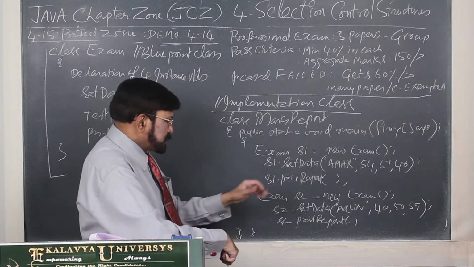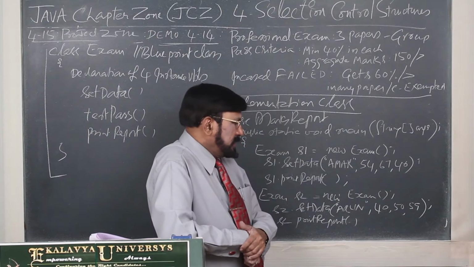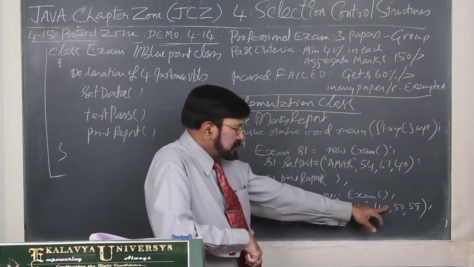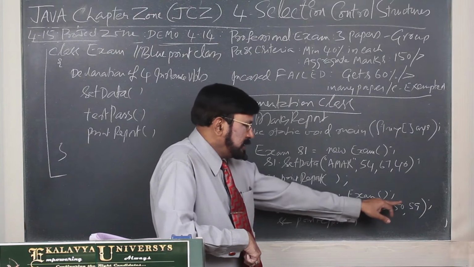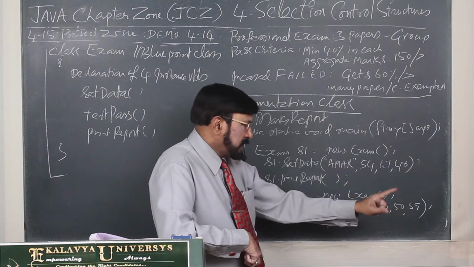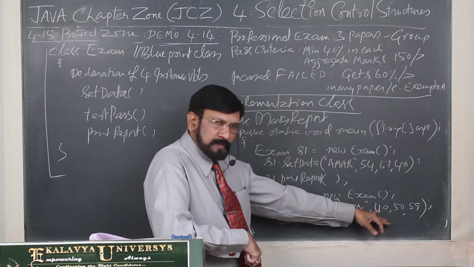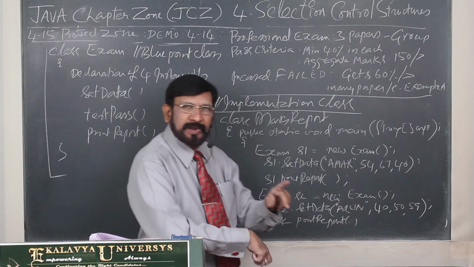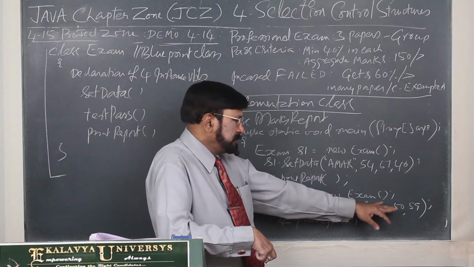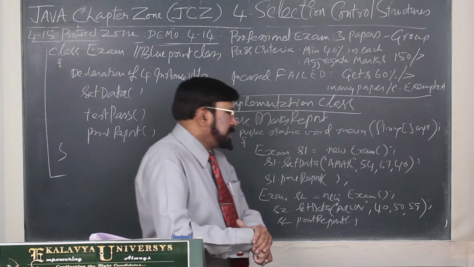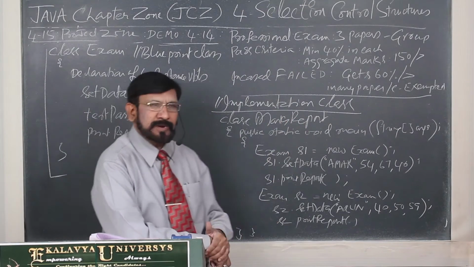Okay, next S2, let us see set data. Arun 40, 50, 59. Actually individual papers he passed, he got 40 or more in 3 papers, and he is very unfortunate, and in aggregate he is short by 1 mark, total 149. So if he had got 150, then you would have declared pass. Now because of 149, one condition is satisfied, second aggregate condition he failed to satisfy, that's why he is declared as failed. Now in this manner you have to write the implementation class.